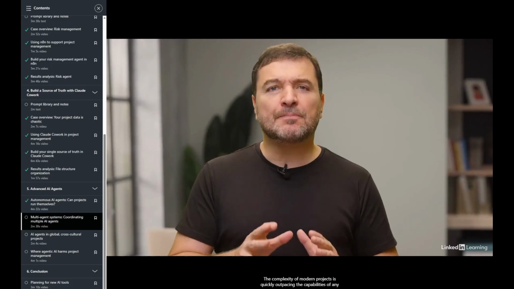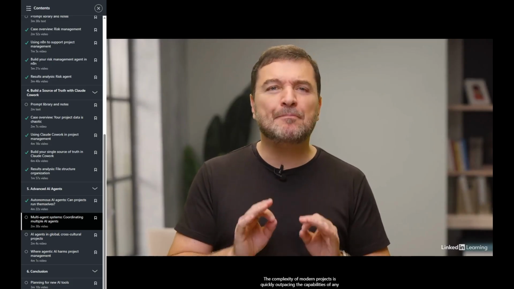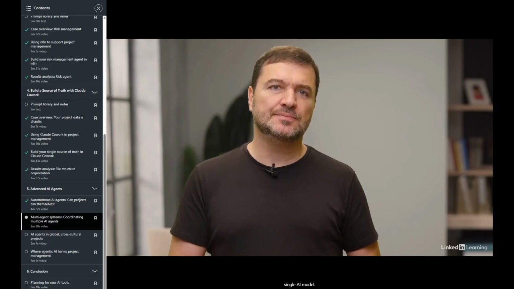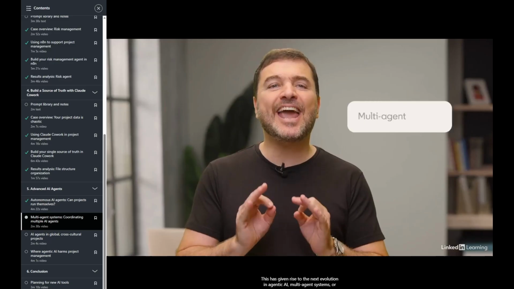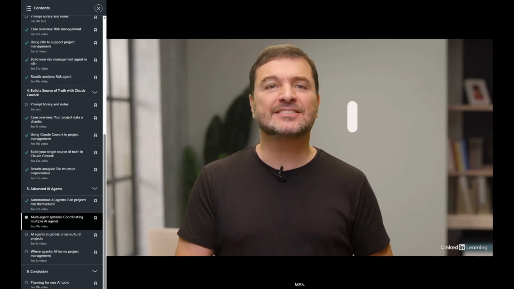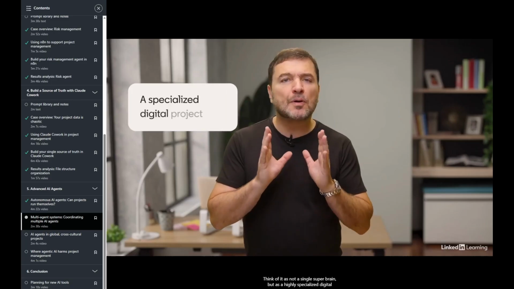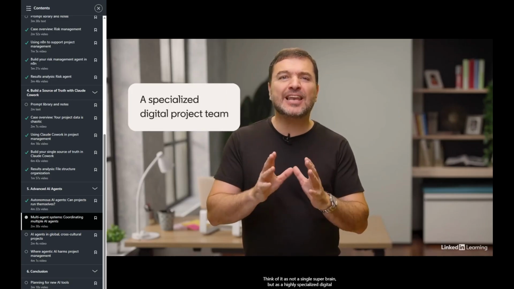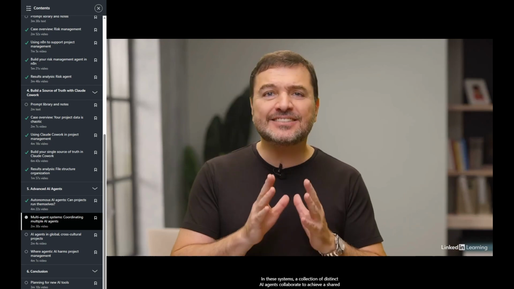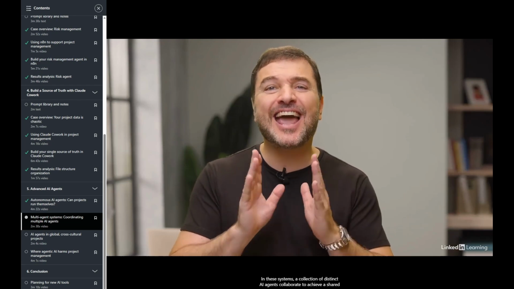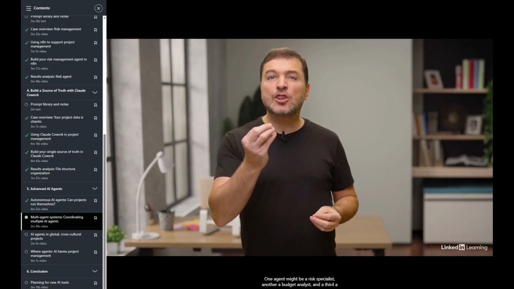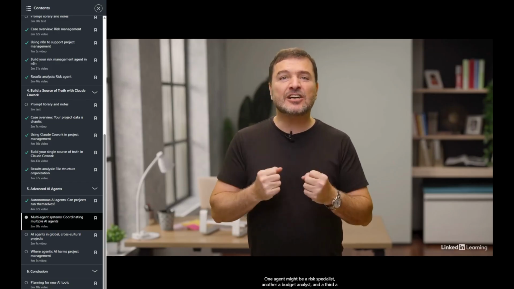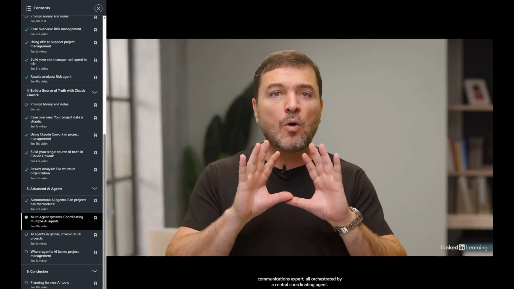The complexity of modern projects is quickly outpacing the capabilities of any single AI model. This has given rise to the next evolution in agentic AI, multi-agent systems, or MAS. Think of it as not a single superbrain, but as a highly specialized digital project team. In these systems, a collection of distinct AI agents collaborate to achieve a shared project goal. One agent might be a risk specialist, another a budget analyst, and a third a communications expert, all orchestrated by